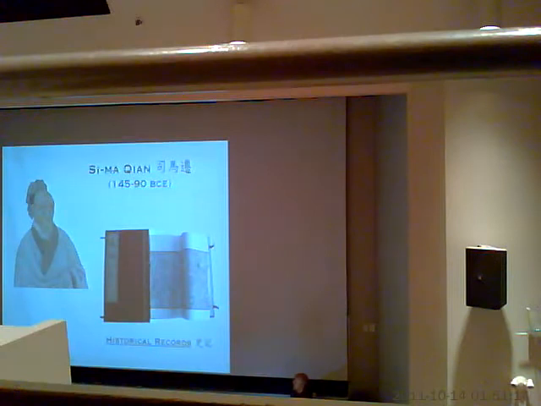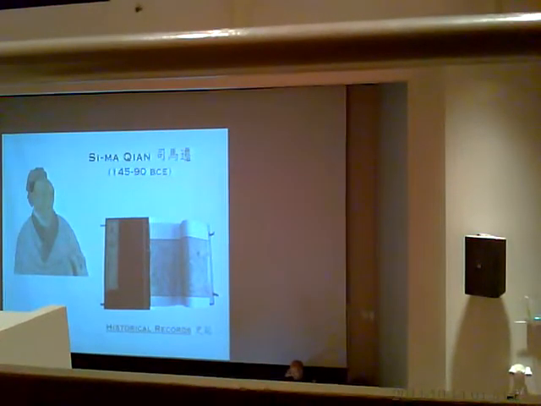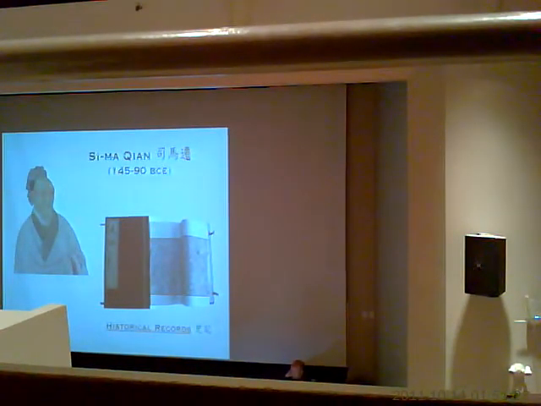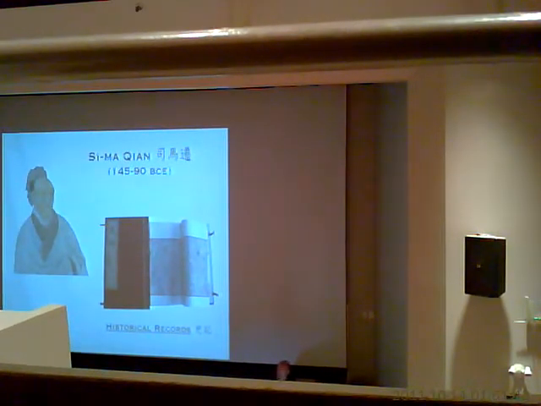General Li Ling was out on the frontier defending the Han Dynasty against the attack from the Turks. And he lost, he was defeated, and the emperor was very upset about that and was going to punish General Li. And Sima Qian pointed out to the emperor, when you didn't send reinforcements to him, you didn't give him proper support, you left him out there alone, so it's not his fault that he was defeated. And the emperor was so furious with Sima Qian that he sentenced him to castration, to become a eunuch, which is really a death sentence.